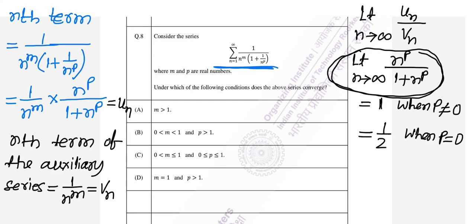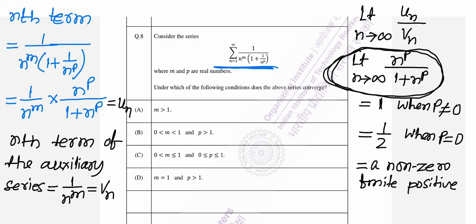You see, the value of this limit, in each case, whether p is 0 or not, irrespective of the value of p, is a non-zero finite positive number. Okay, so the nature of this series,